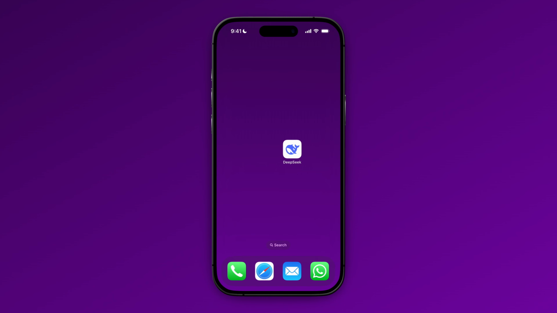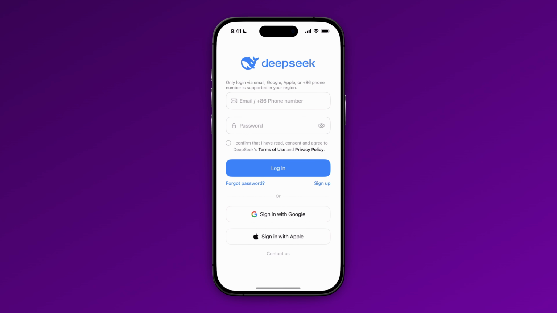In this video, I will show you how to fix DeepSeek AI verification code not received. It can be really annoying if you do not receive your verification code, and there are a couple of steps that you can take in order to make sure that this is not happening or that you are receiving your code. So the first thing that you need to do, of course, from your DeepSeek app is